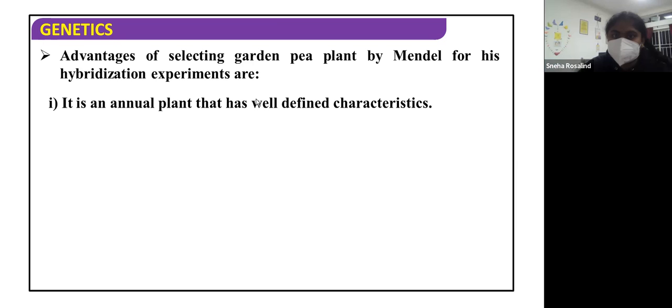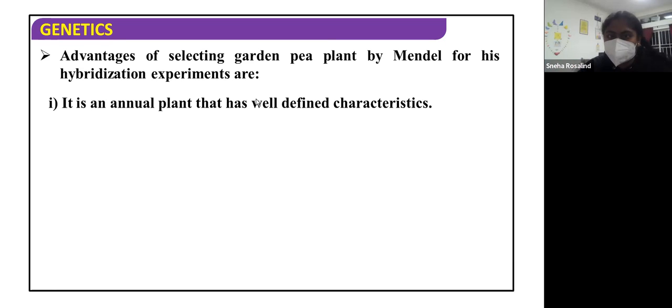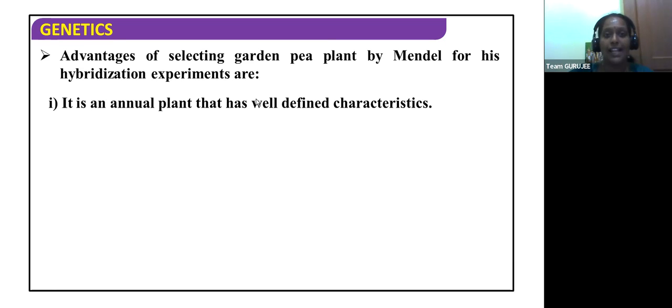Ma'am, is it based on the production of flowers and fruits? Kind of that. The flowering process happens once a year. Yes, kind of that. So you have to tell it as a reproductive phase. We know that plants usually have the vegetative phase and the reproductive phase. Vegetative phase means it's growing all the other parts of the plant, and the reproductive phase is when it is going to be flowering, followed by the reproduction and so on.